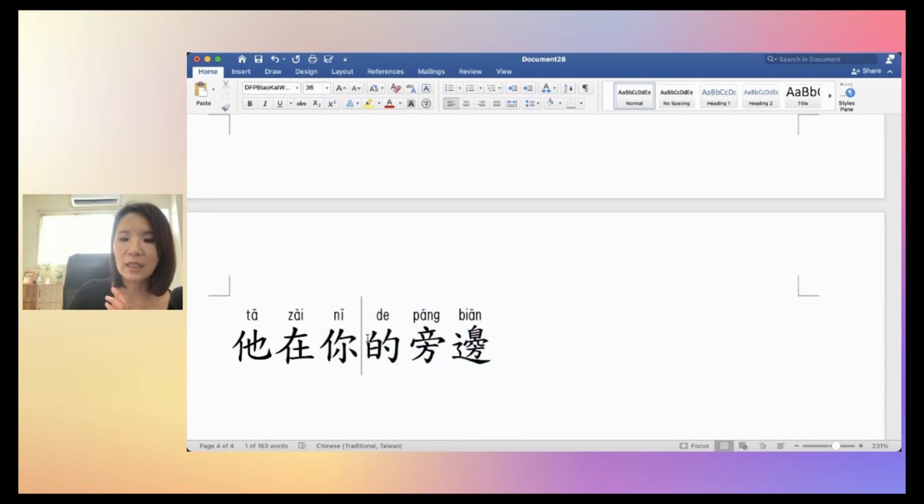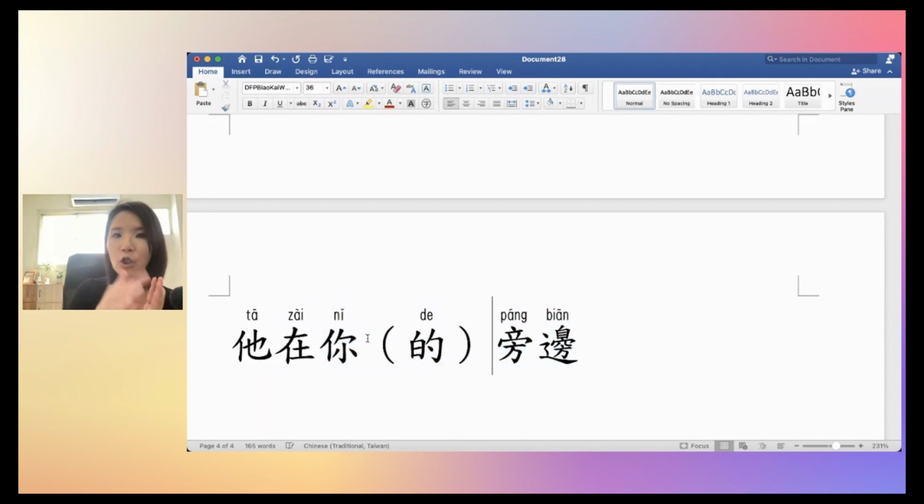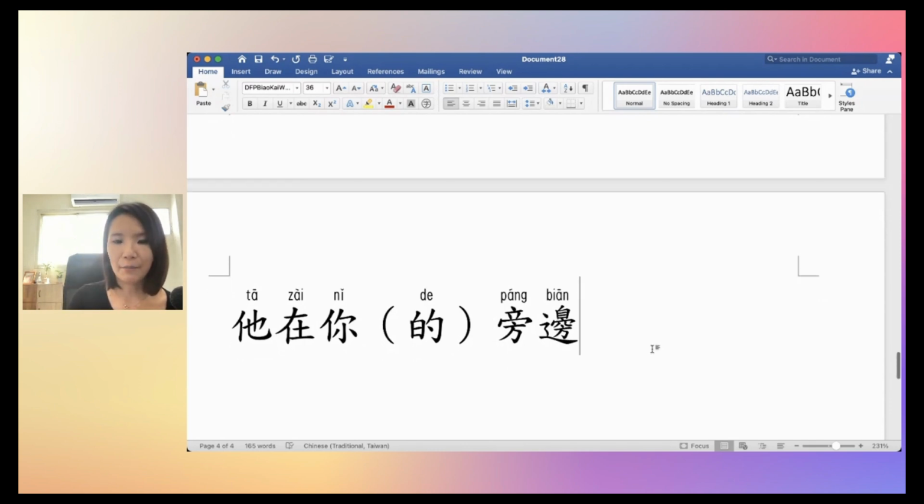So 你的旁边 literally is 'your next', next to you. And in this case, you could omit the 的: 你旁边 or 你的旁边。